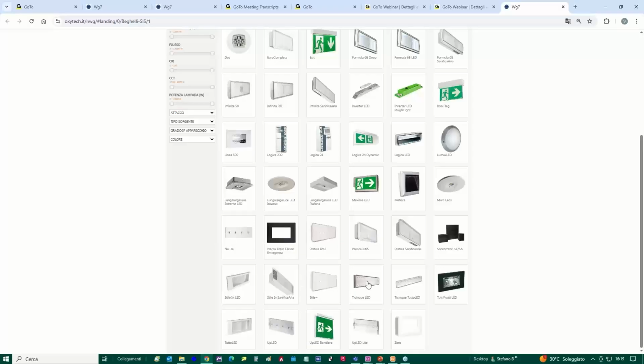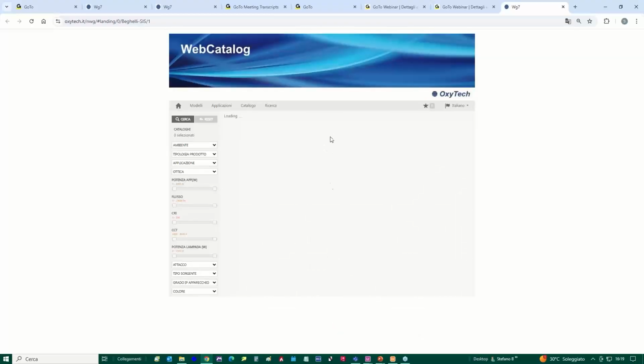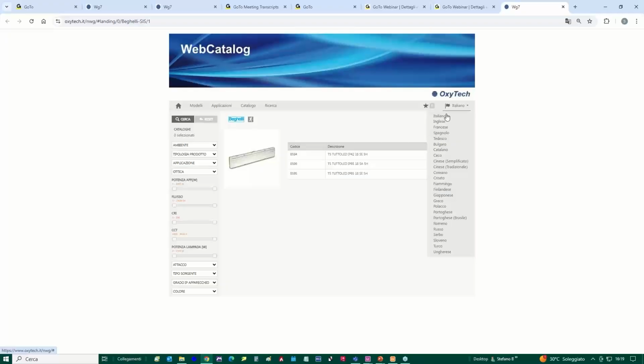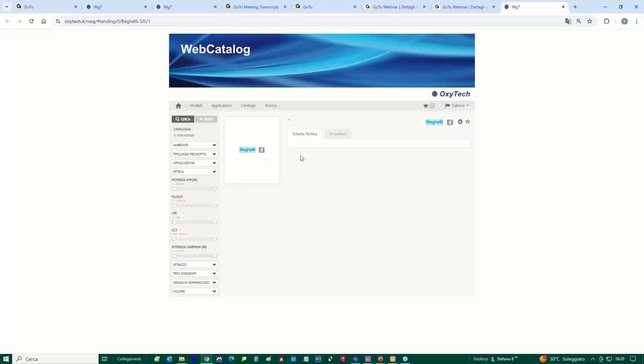So for example, we may select this one. Once we select the model, it's clear that the web catalog can also be in English, for example. Once we select the family, all the available luminaires of the family will be displayed over here. We select the luminaire, and once we have finished,